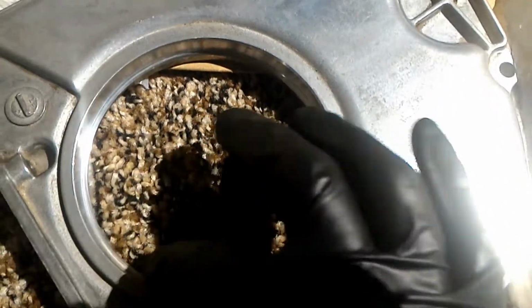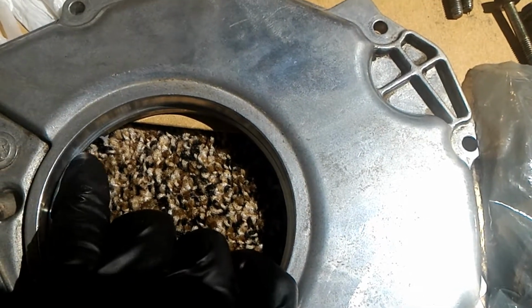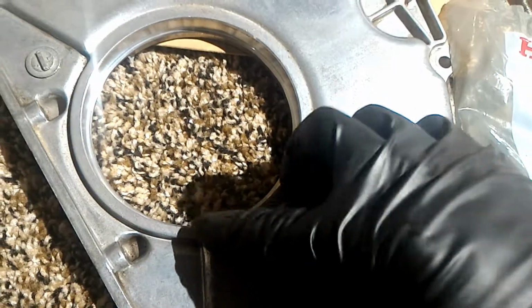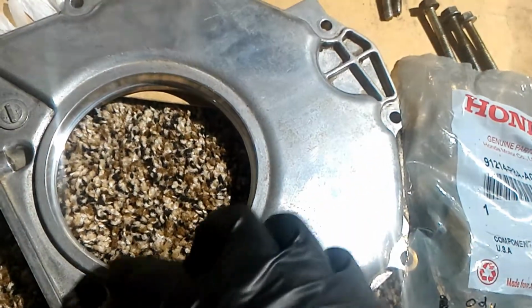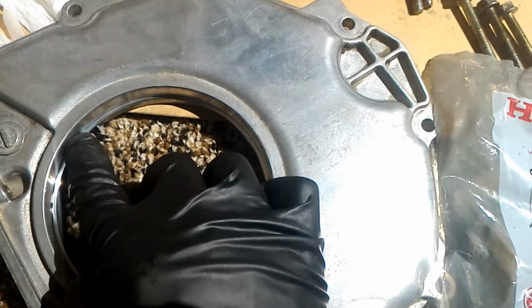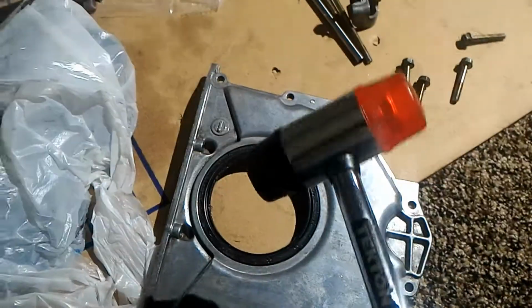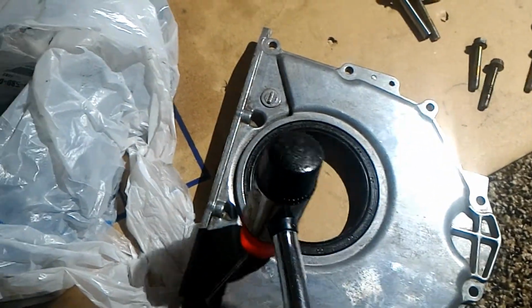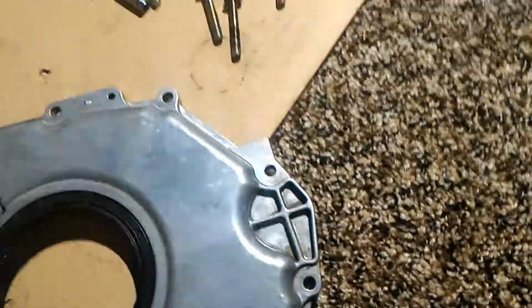There's a ledge here all the way around, so I don't think that you can mess this up. It basically just sits flush on this inner circle right here. But I don't think you can really mess it up since there's this ledge. Basically, I just used a rubber hammer and tapped it at a slight angle all the way around. And I was right, there's no way you can mess this up,